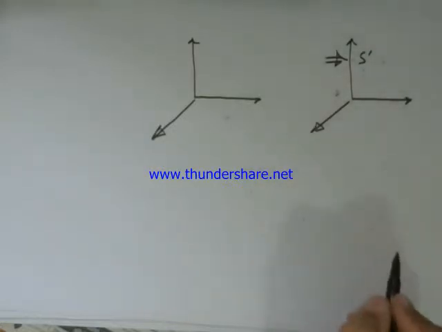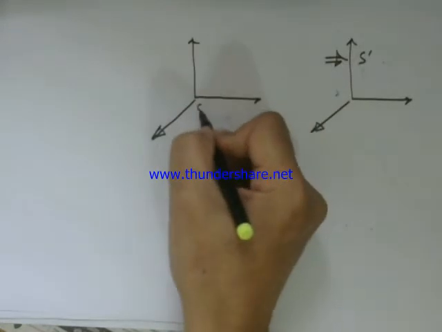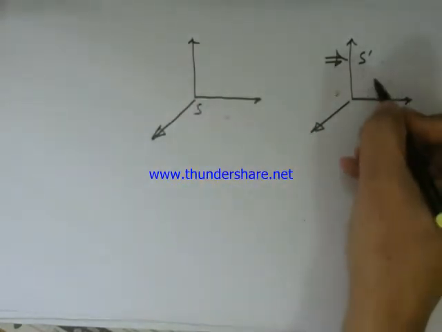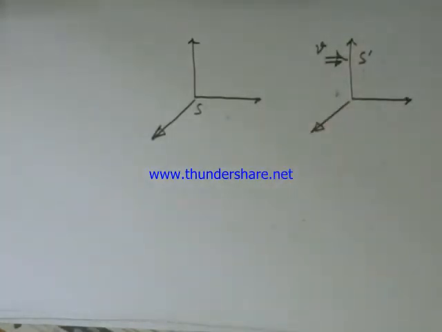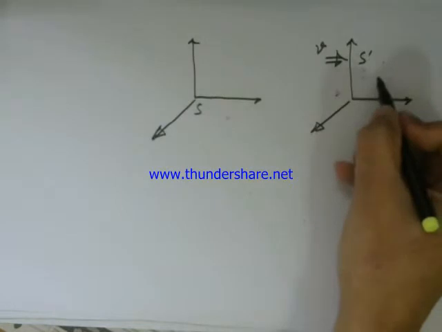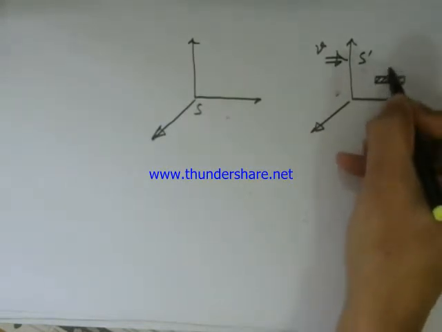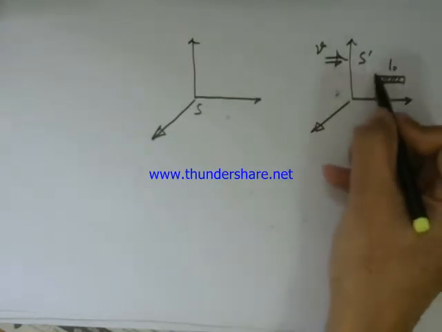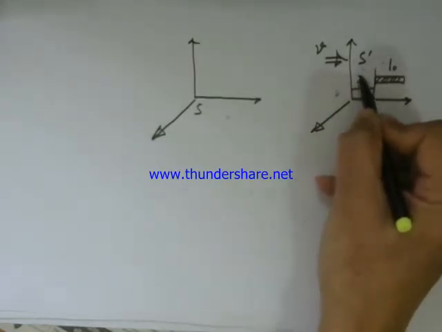We will cover the concept of length contraction in this lecture. Let these be two frames. Let S dash move with a velocity v with respect to frame S, and let us take frame S as stationary. Let there be a rod placed in the moving frame with length L0, and let its coordinate be x1,